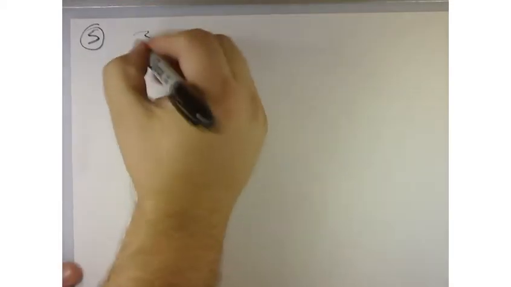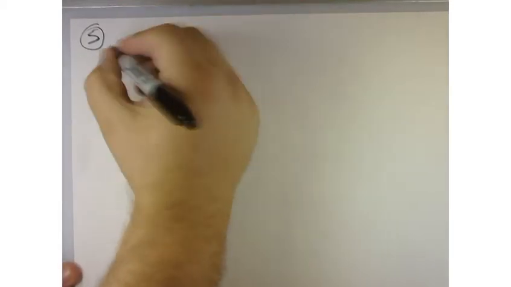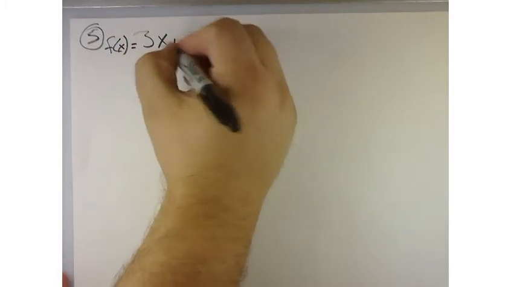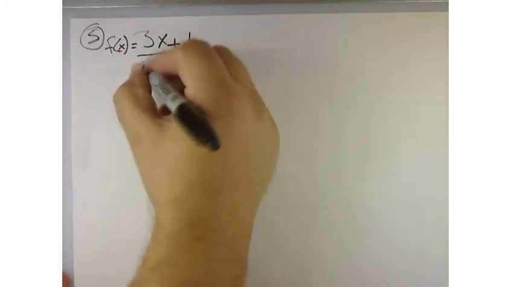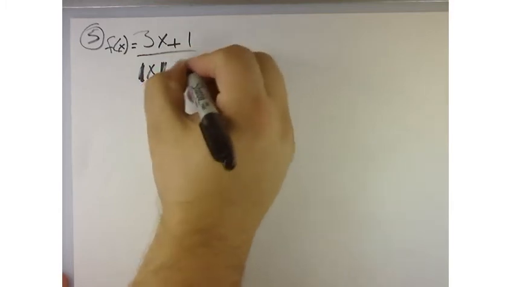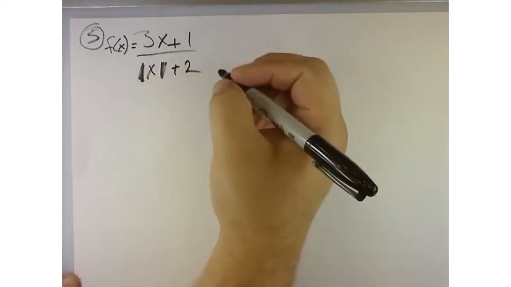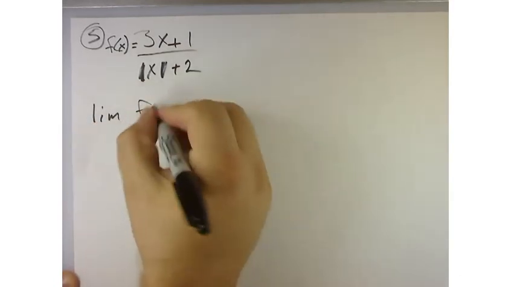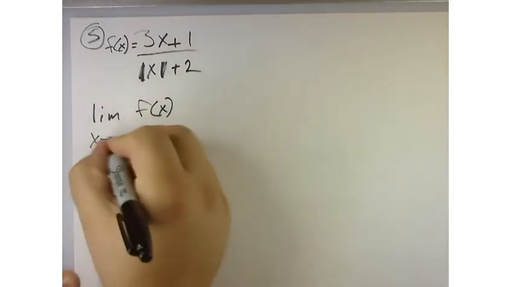Same thing, they give us a different function though. They want 3x plus 1 all over the absolute value of x plus 2. Right? And so we want to look at the limit of this, and I'm just going to write it down, f of x as x approaches positive infinity